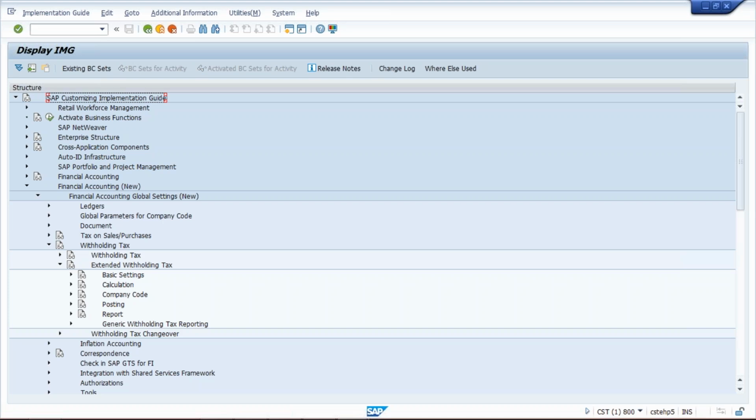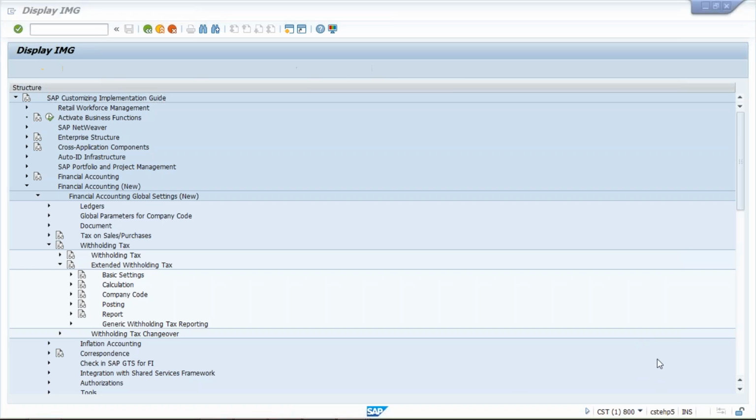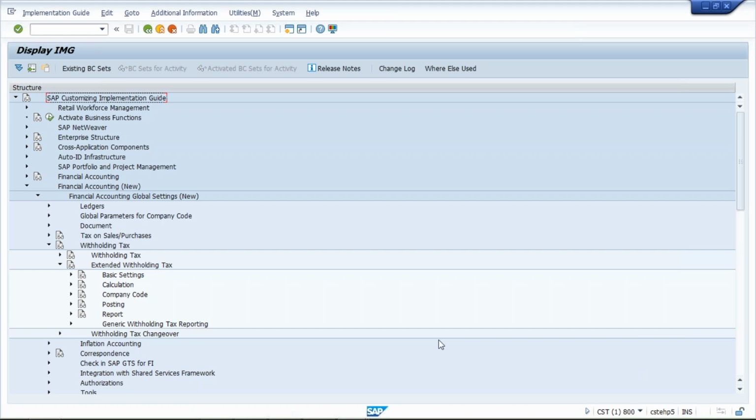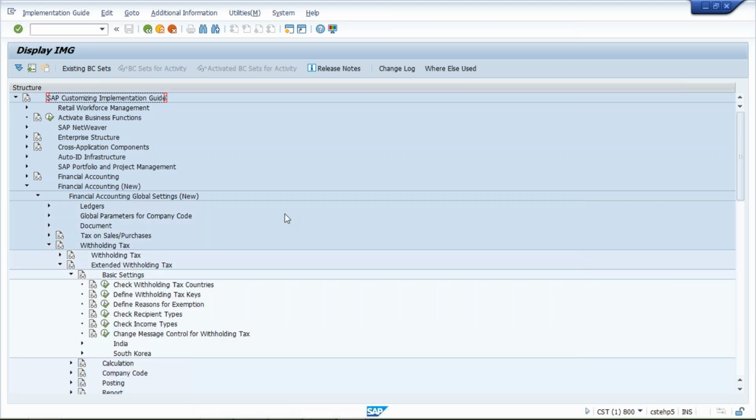Okay, so now we'll do one thing, guys. Click on basic settings. In basic settings, first of all, we are going to define the withholding tax key, because as far as countries are concerned, that is already given by SAP and all.